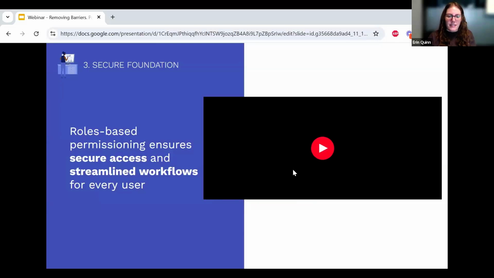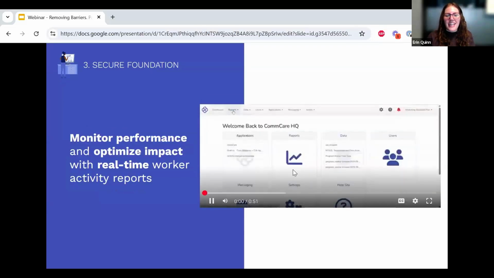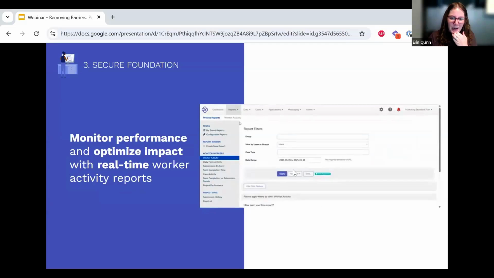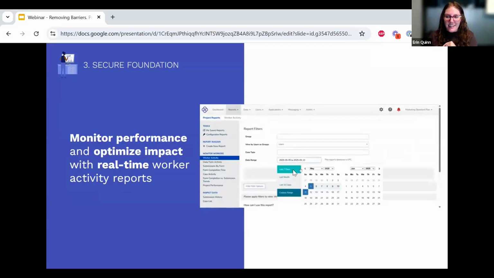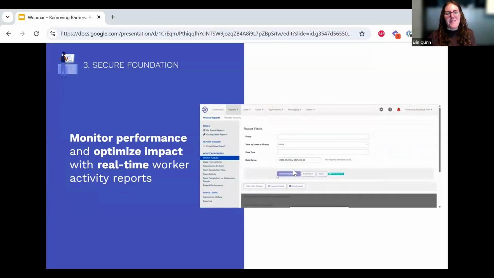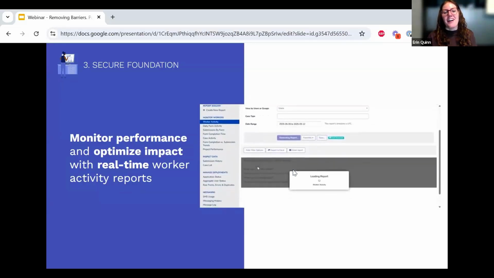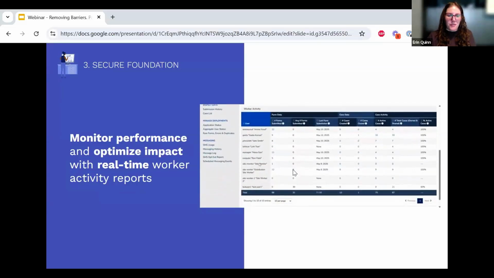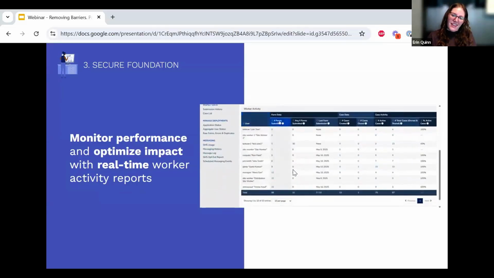There's an old saying, if you build it, they will come, which basically has come to mean if you build something that's really great, people will start using it. But alas, your program cannot rely on old sayings. You need data to back that up. And so that's why we have made a set of pre-configured worker activity reports to see if your users are using those beautiful apps that you have built for them.